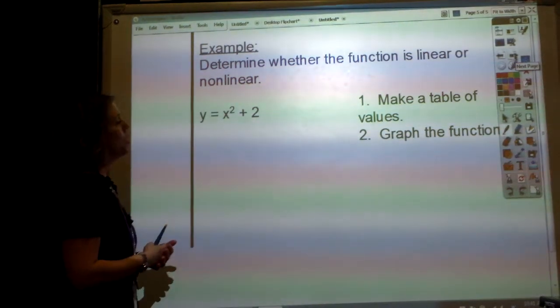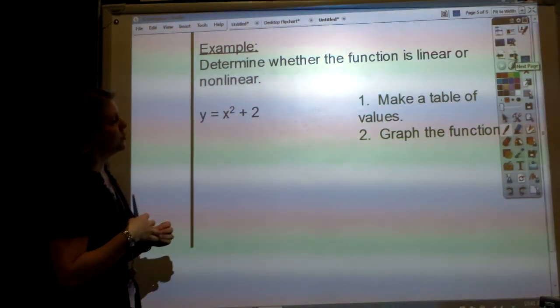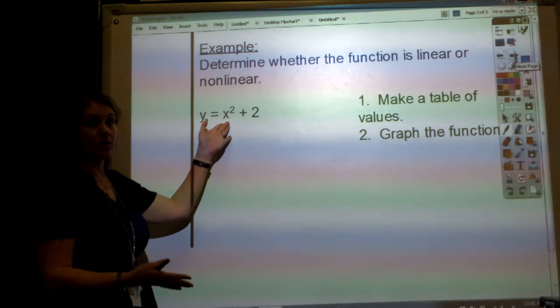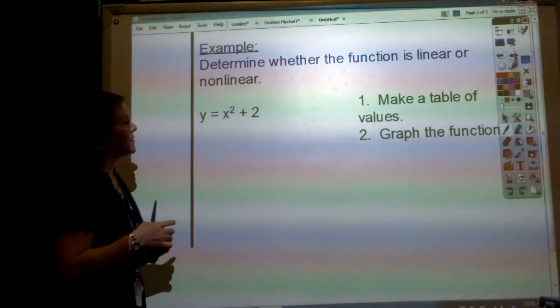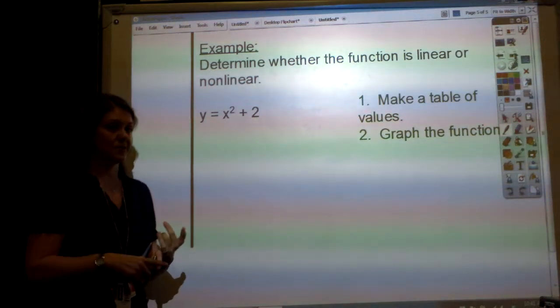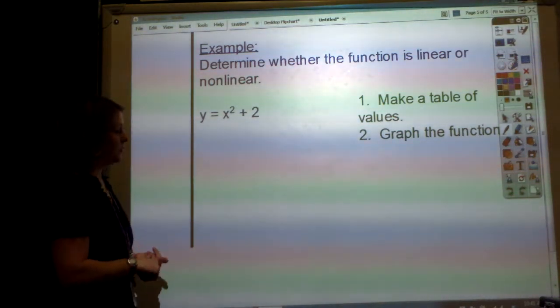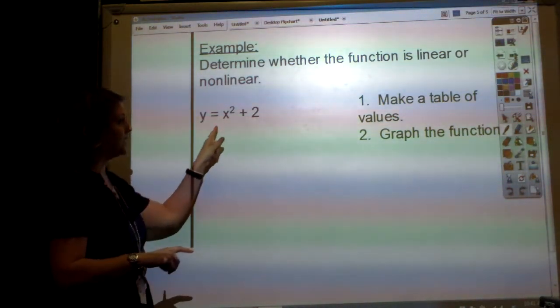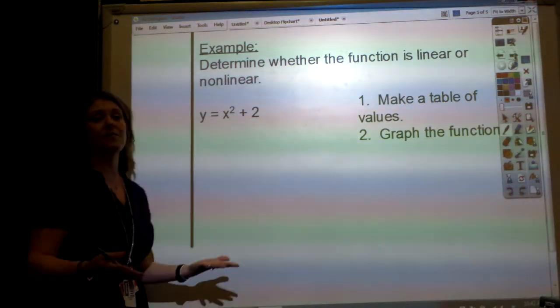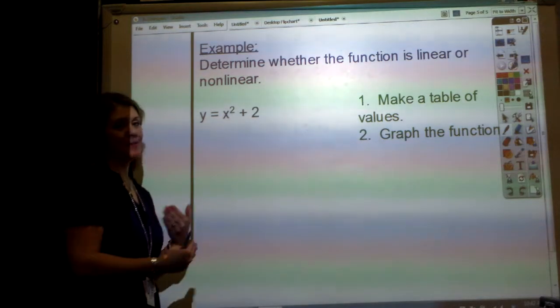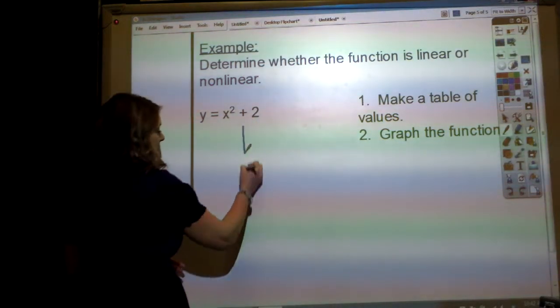This is an example where you are going to be looking at an equation that represents a function. And we are looking to see if this equation represents a function that is linear or nonlinear. My suggestion for this one is to make a table of values. We don't have any ordered pairs, so we kind of need to make our own. So a table of values,